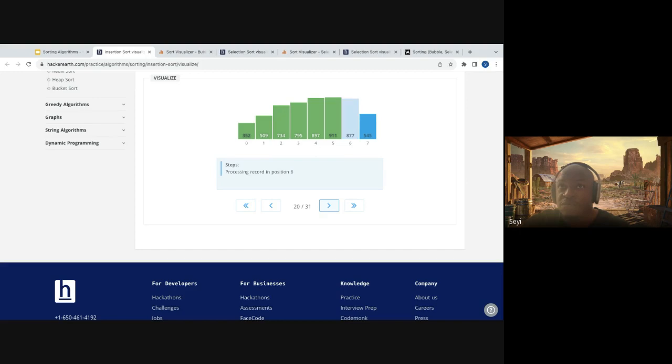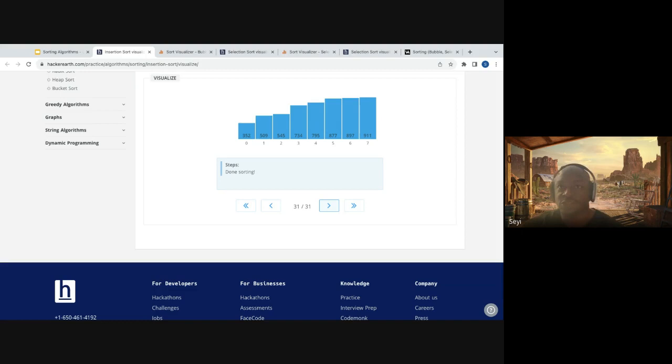Now, for this one, because it's the largest, we don't need to do any swaps. We are happy, we just let it go. Then for the next item, we need to swap it into the right position. For this one, we have to take it right to the back. There we go, and then we have it sorted.